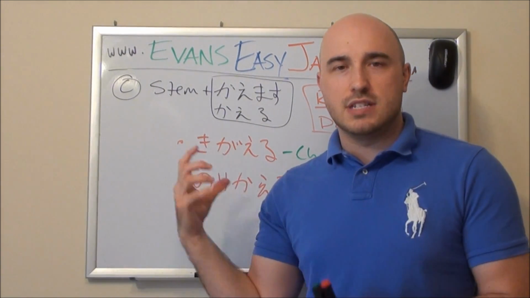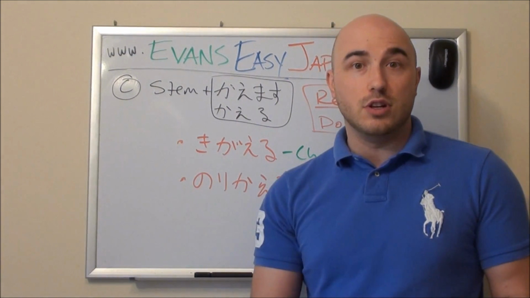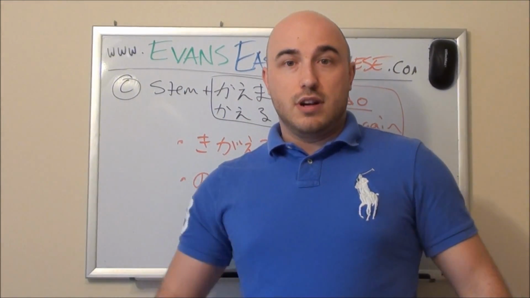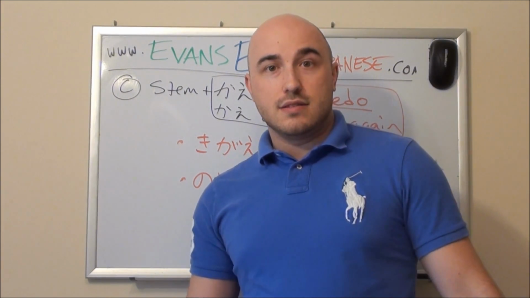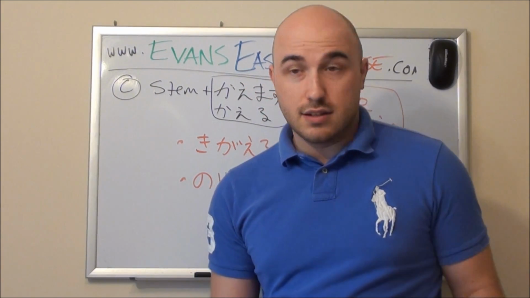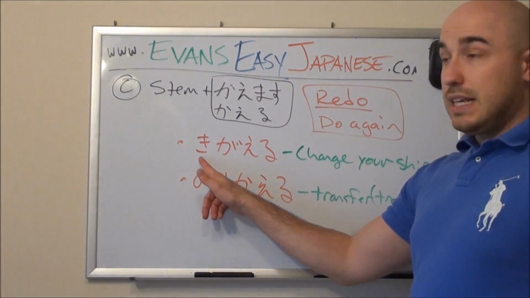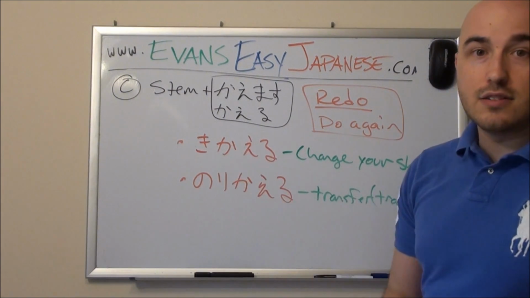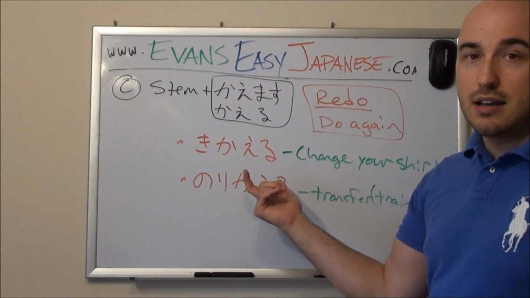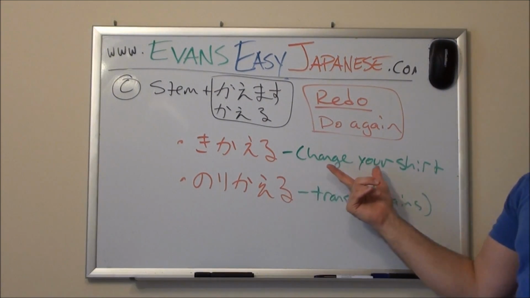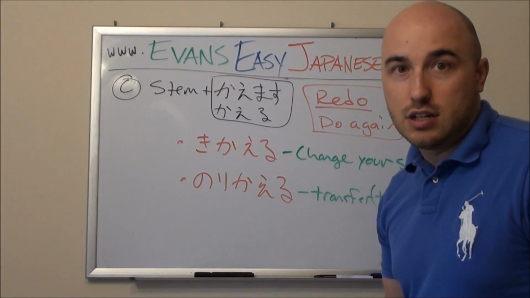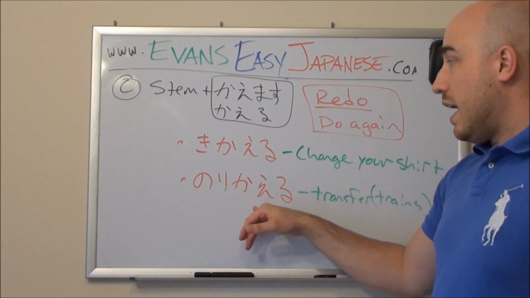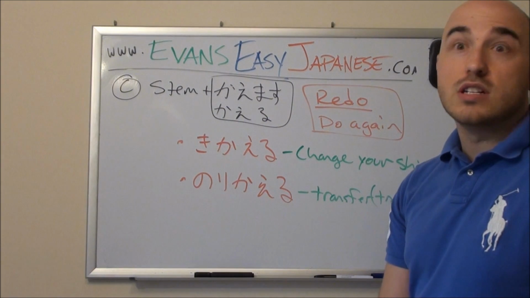And maybe these are even specific verbs. Almost treat these like completely new verbs. Whenever you're using a clothing verb, like put on your shoulders, put on your belt, or put on your pants, all those are different verbs in Japanese in case you didn't know. You use a stem like ki for kimas, like a shirt. Gaeru or kaeru. Sometimes there's a ga there, sometimes there's not. Ki gaeru or ki kaemas. And it means to change your shirt, like put on a new shirt. Also, another very common thing to see is nori kaeru, nori kaemas,